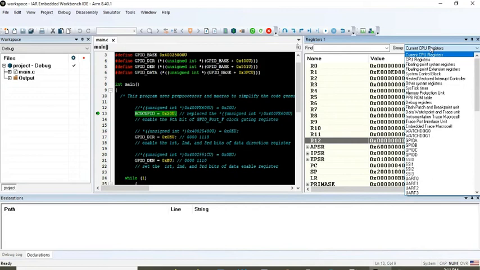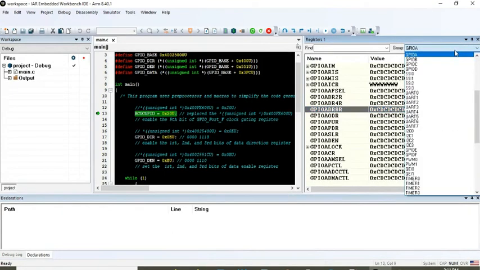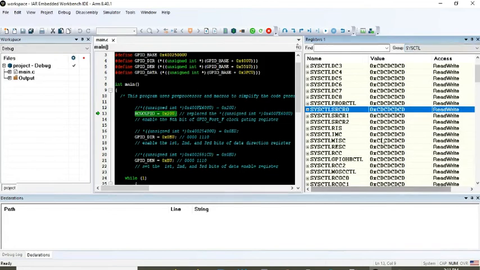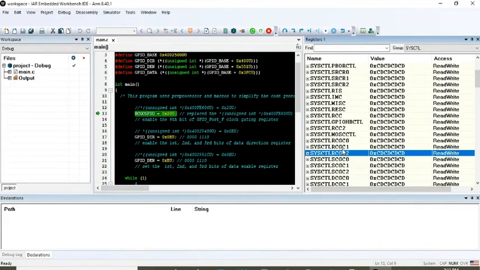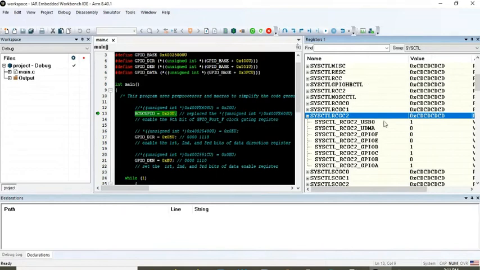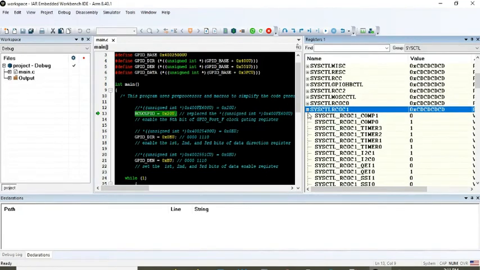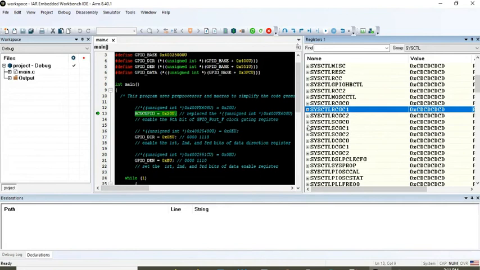For example, if you go to GPIO port A, you can see there is already a lot of data present in GPIO port A. And if you go to the RCGC GPIO, these are clocks, system control pins. Let me say RCGC. In that there are so many things to explore now. But even in that case, right now you cannot see anything changing here. You cannot see that effect until you connect the board, because when you connect the board,